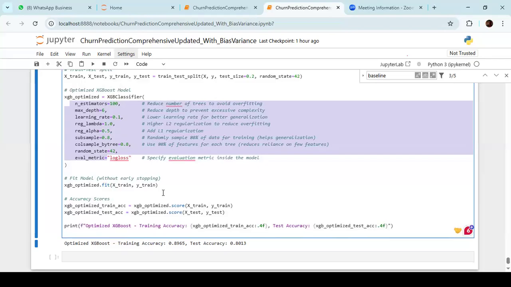Randomized search is a bit faster compared to grid search CV. And apart from this, we have Bayesian search. Compared to the other two, grid search and randomized search CV, Bayesian search is pretty fast. But the thing is, sometimes Bayesian search may not be that accurate. Anyhow, we'll discuss all these different types of hyperparameter tuning tomorrow because you need to practice all